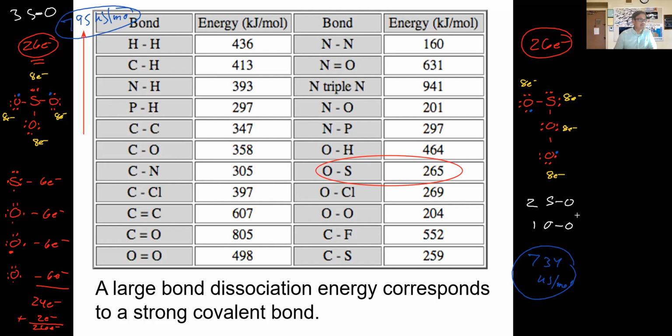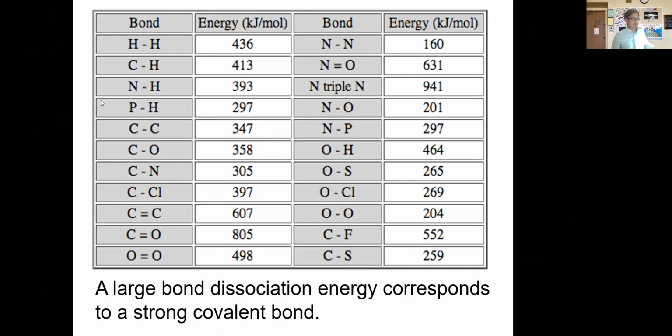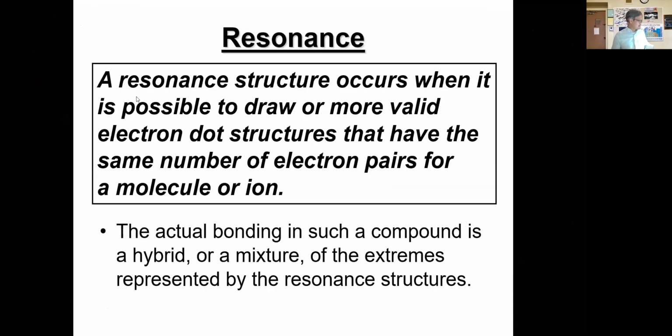And this is something that we do much more of as you get into AP chemistry, for those of you who will be moving on. But this is what we use bond energies for. Okay, all right, so with that said, let's continue on, and I want to just talk about